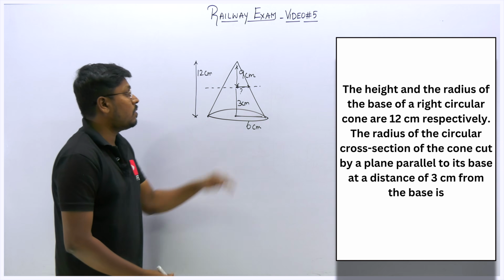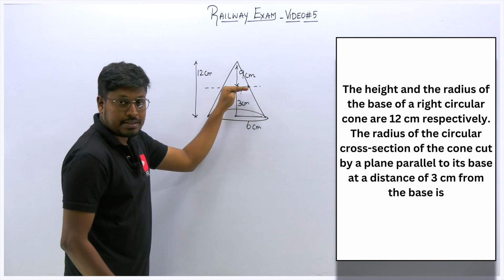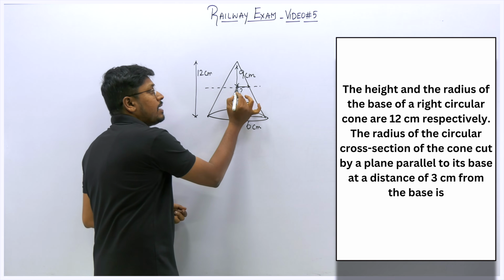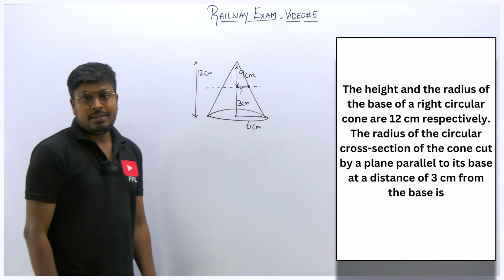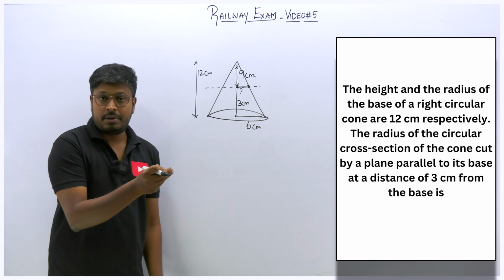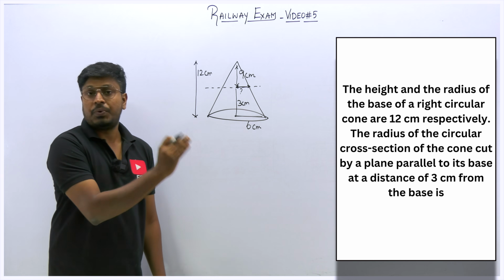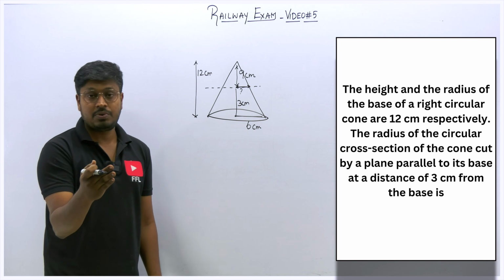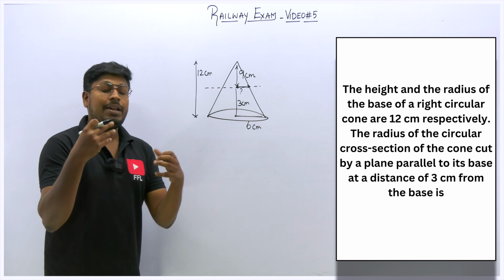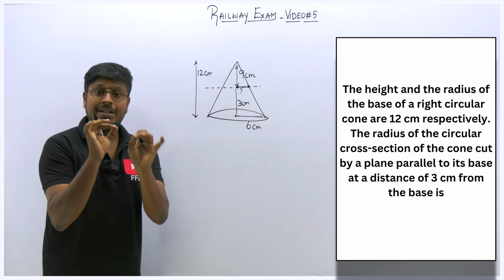So, understood or not? A cone has been cut parallel to the base, and for this cone our target is to find what is the radius. So this is our target. Just now we have learned two important formulas. One formula where the cone is cut into two equal halves, and another formula where the cone is not cut into two equal halves. For that, instead of learning all the properties, I have taught you only one small technique,